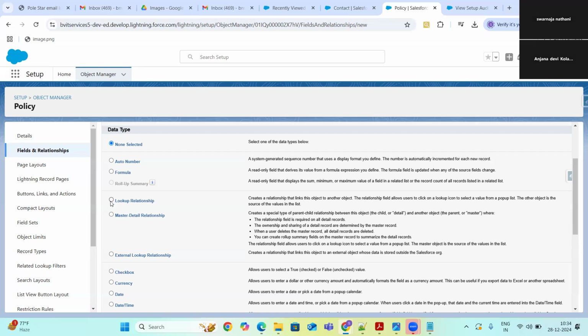But if I delete that customer record, I don't want to delete my types of policies, because those are not only related to this particular account, those are common to other accounts also, right?